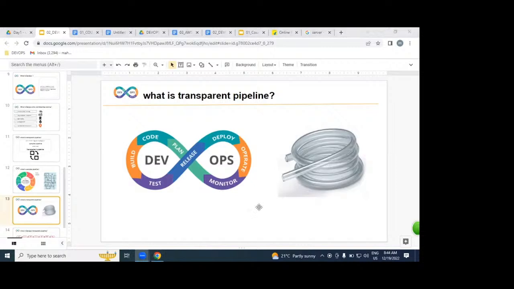Any issue or blockage in the middle, you can see at one look where exactly the problem is and resolve it as soon as possible. The same way in the DevOps process, because DevOps is an automated process. DevOps is a transparent process. In the middle, if you get any issue, any problem,